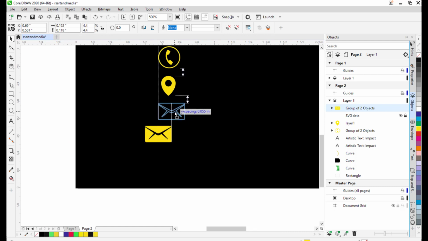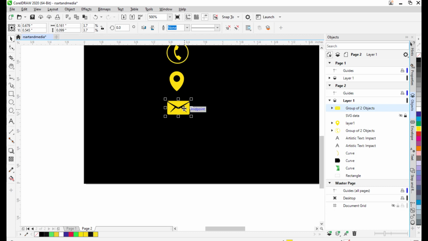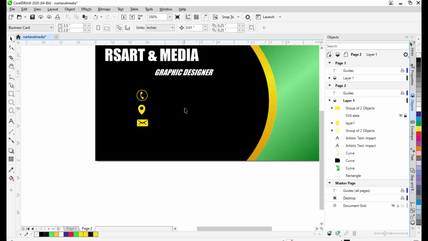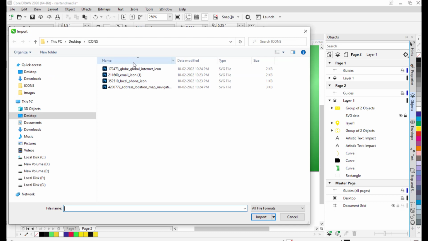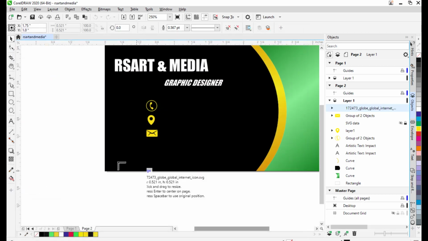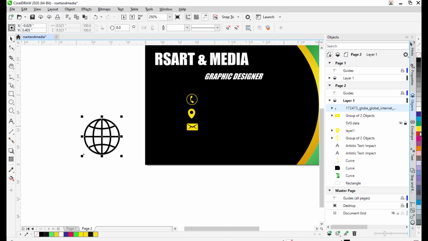Right. So try to check the alignments. All the icons should be spaced with equal distance. Actually, all the icons should have an equal distance in between them. Right. So then we have one last icon, that is internet or website. This is for website address. Right. So here also we will ungroup it,